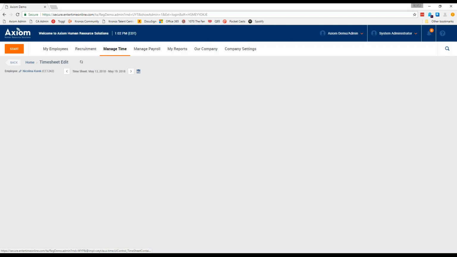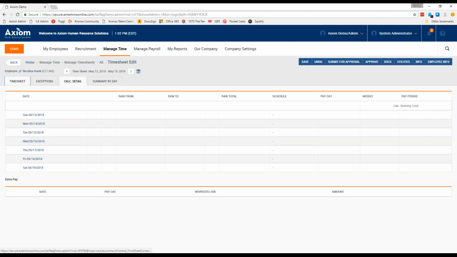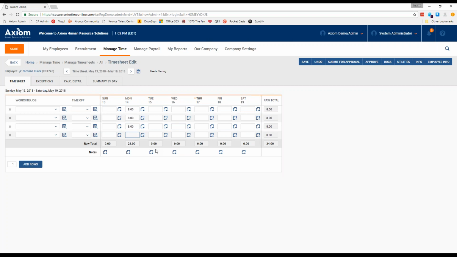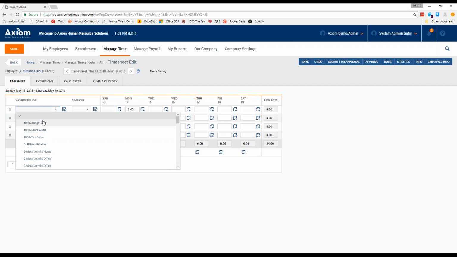So I'm going to take a look at Nicolina's timesheet here. She's one of our salaried employees. And we'll see that for this timesheet, each day is a column, and in each time entry, you just put a total number of hours. So if each day you can have just like 8 hours, right? That's one thing that you can do. If you want a job cost, then you can actually specify